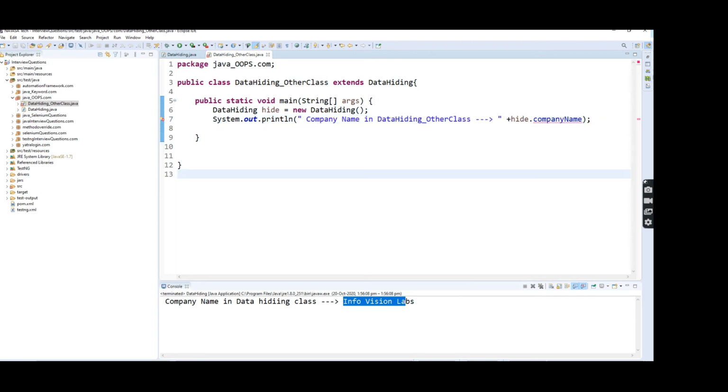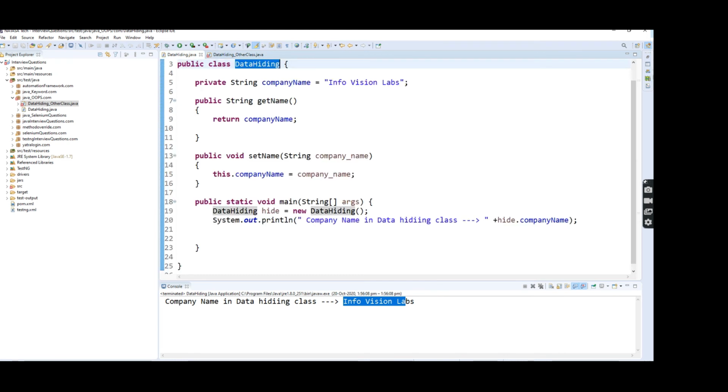Now you can notice one error is thrown, right? Move the cursor here: change visibility of company name to protected, because here the company name is stored as private, right? So private cannot be accessed from the other class.